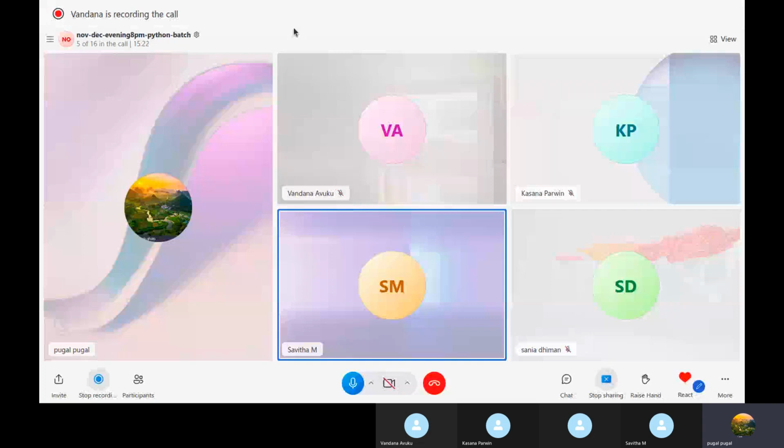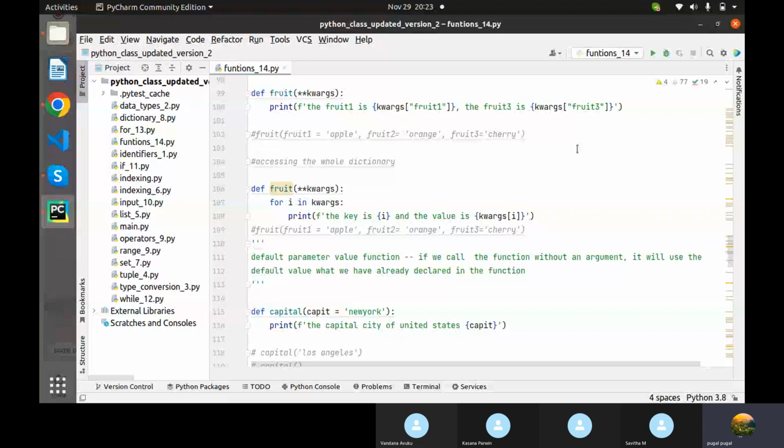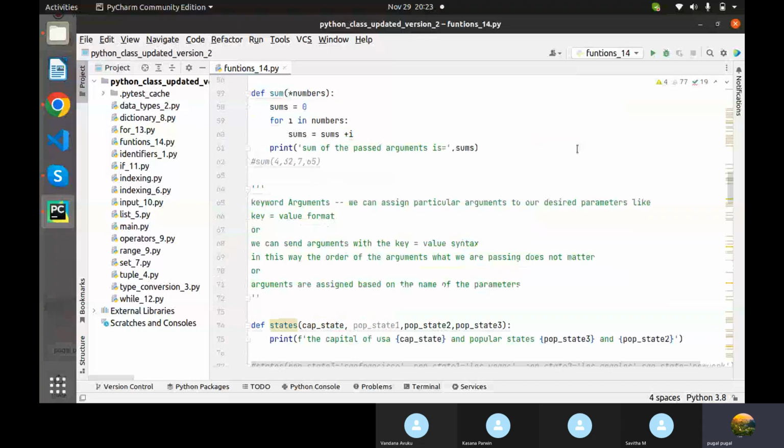Okay, sure. Then we can continue where we left off yesterday. So first of all, we can see what all the things we have seen yesterday. We have seen functions, which is reusable code, and I explained there are two types of functions. One is